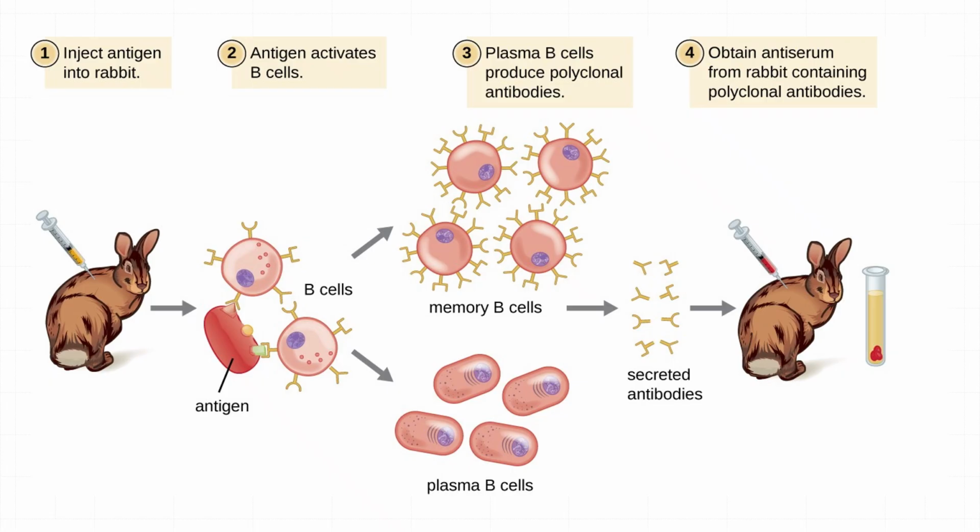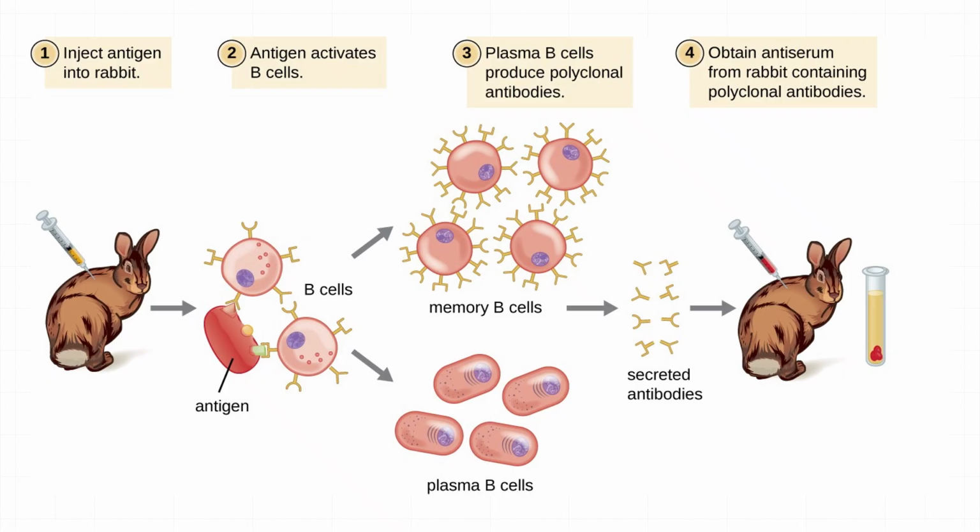Diving into the diagram in front of you, let me ask you a question. How does the body know how to fight an infection it has never encountered before? The answer, of course, lies in the remarkable sophistication of the adaptive immune system, specifically in its ability to recognize foreign molecules, mount a response, and remember that threat for future encounters. So today we are going to exploit this very property in a controlled laboratory setting using a rabbit as our model organism. Why use a rabbit?